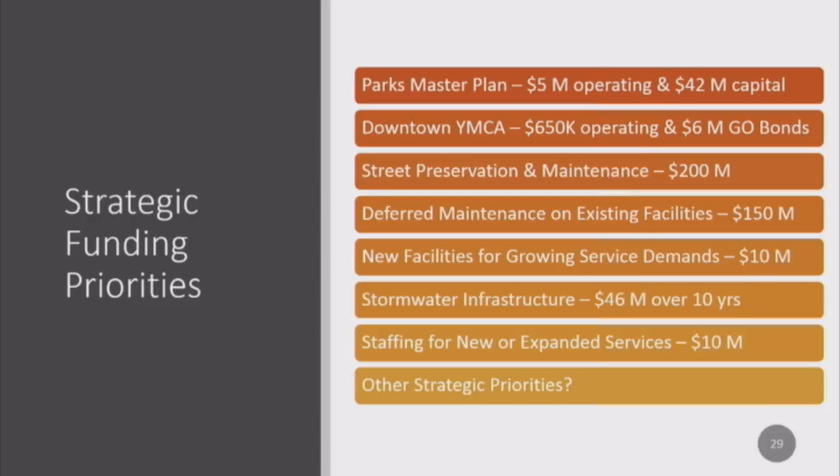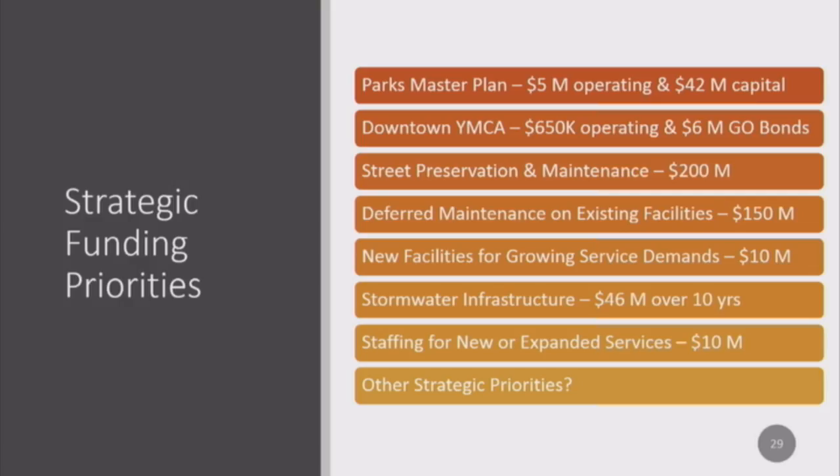And in order to bring our pavement management index up to, I think it's 65, I think he said it would cost us an additional $20 million per year. So right now we spend $4 million a year. We need another $20 million a year. So 20 times 10 is $200 million.